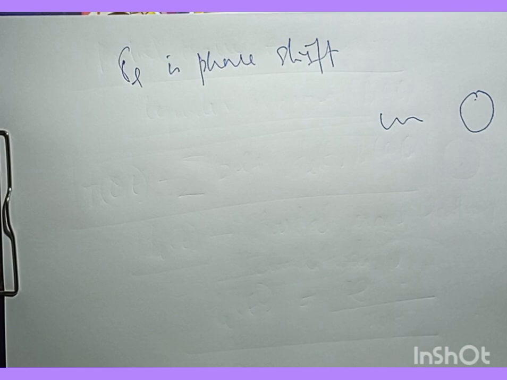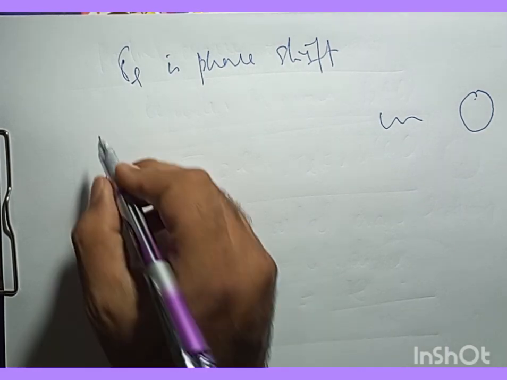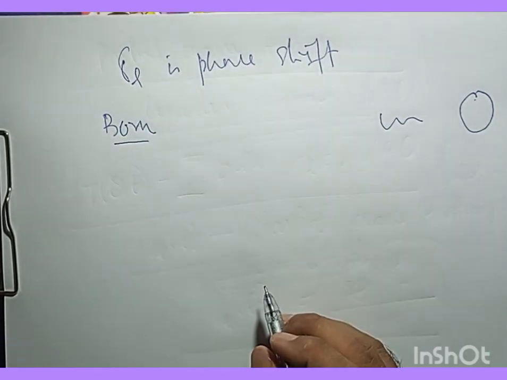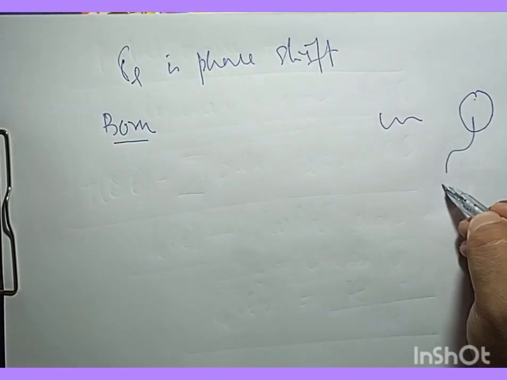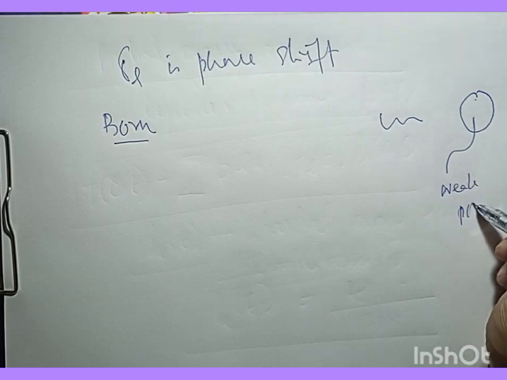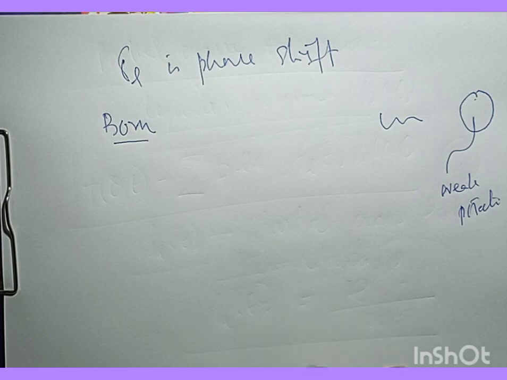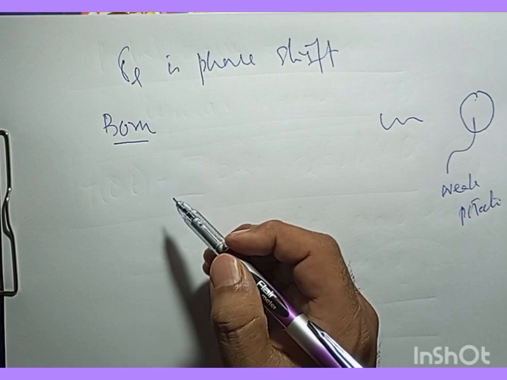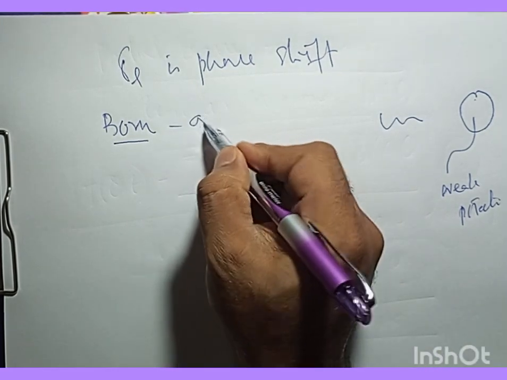And Born approximation is another one. In Born approximation, what we do is we assume that we are interacting with a weak potential. I'll make another video on Born approximation in detailed form, where we will have the Born formula and the like, but here I'll give you an idea. So what does this do? This Born approximation provides us a method to calculate the